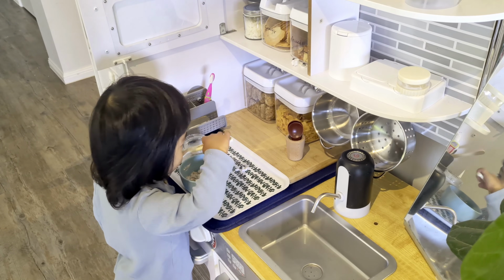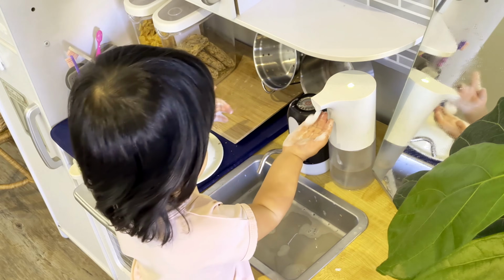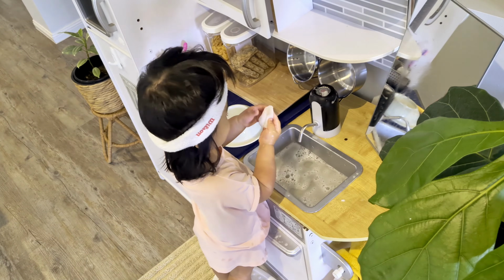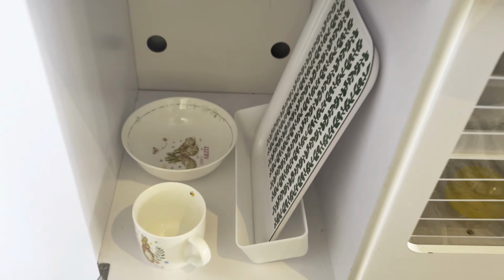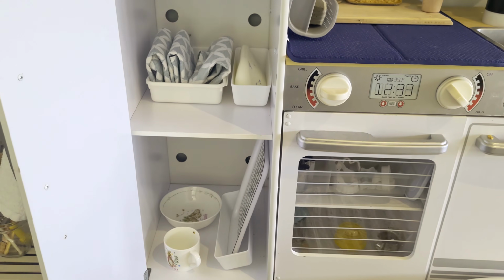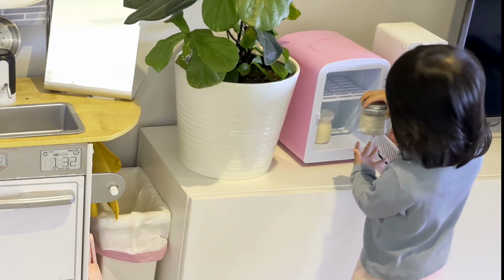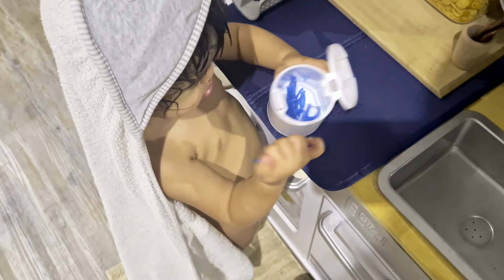So in the last 3 months, this kitchen is her favorite spot in the house. This is where she washes her hands, brushes her teeth, and puts some lotion on her face like a little self-care station. It's also where she finds her own snacks and beverage. It's where she finds her placemats, plates, and cutlery to set up her table, and it's where she prepares her own breakfast without my help every morning. So she does spend a lot of time here from the moment she wakes up in the morning till she